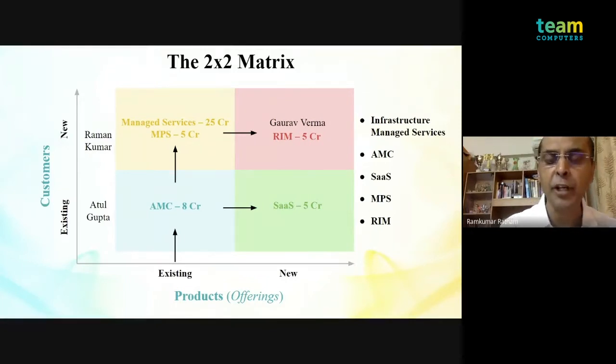Was I able to communicate how you use this matrix to increase your base in a customer organization and expand your base in a customer organization? Move from something that you've entered and grow this business and grow your wallet share in this Maruti as an account to about 50 crores and eventually sell everything that I have as part of my managed services portfolio. Any questions? I'll be happy to take.